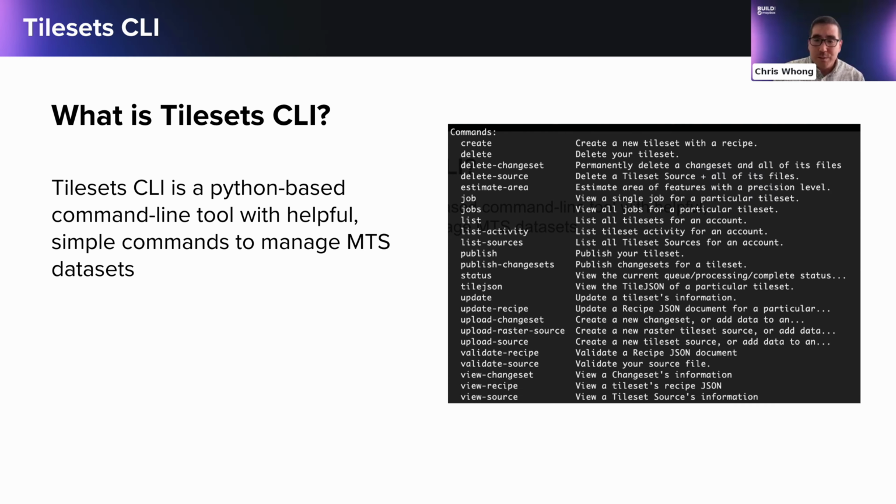Okay, Tileset CLI. One more concept we need to be familiar with before we start the demo. So MTS is just a series of APIs. You can check out the documentation for MTS, and you'll see there's lots of documentation for how to do curl requests or do POST and GET requests to get certain things. So Tileset CLI is just a Python-based command line tool that helps us automate this a little bit and gives us some syntactic sugar to interact with MTS. So instead of having to memorize really long URLs and figure out which URLs we need to call, we can just run things like